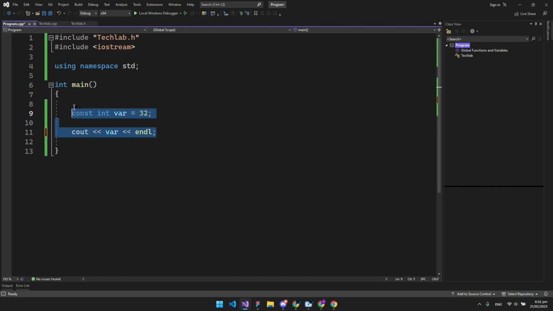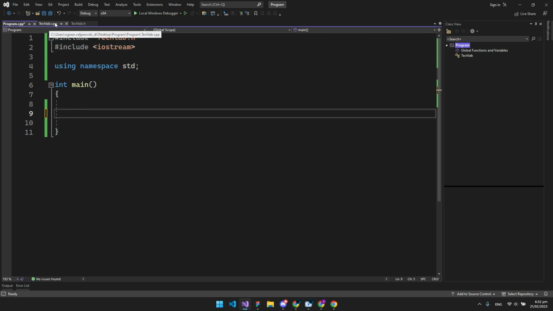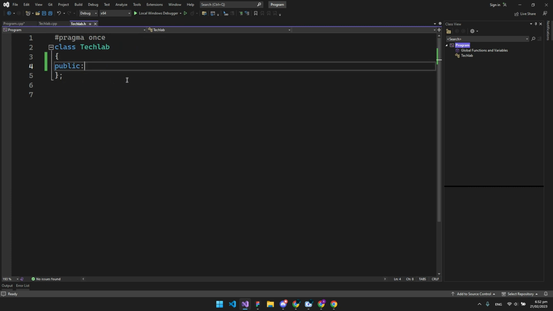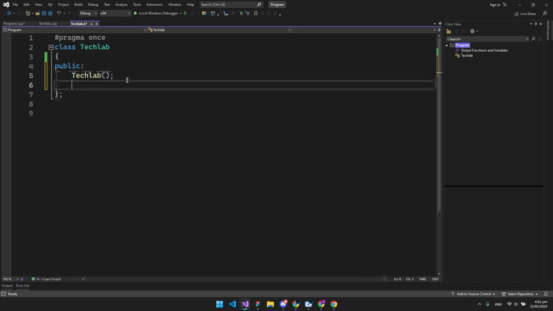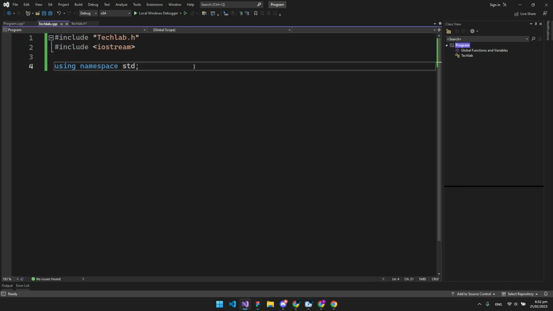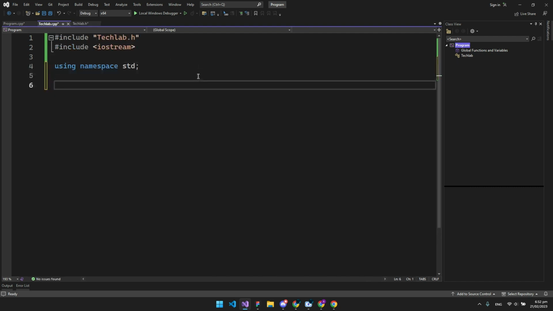But now let's move on to member initializer. What is member initializer? First of all, let's go to the header and let's say we will have a constructor, Techlab, and we will have a function called print. Perfect. And when we go back to techlab.cpp, we're going to add our constructor,